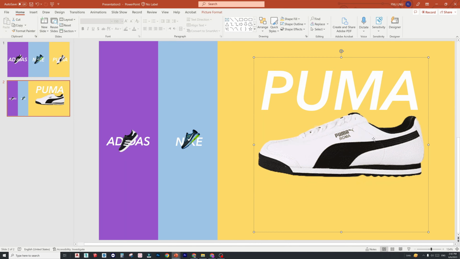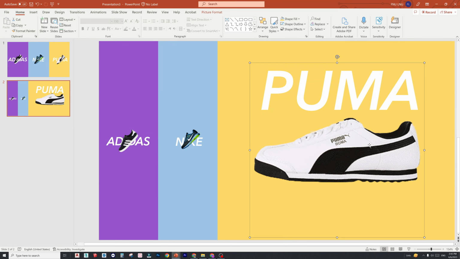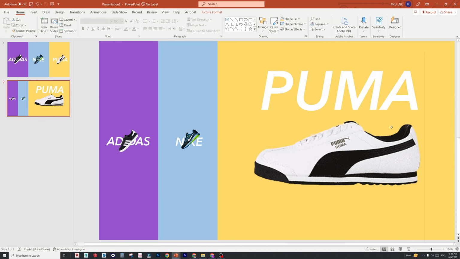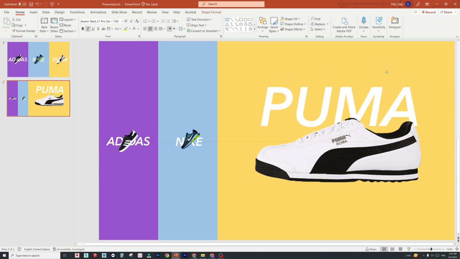Increase the size of the shoe a little bit more. Bring it to the center. And the text should be a little bit inside the shoes.